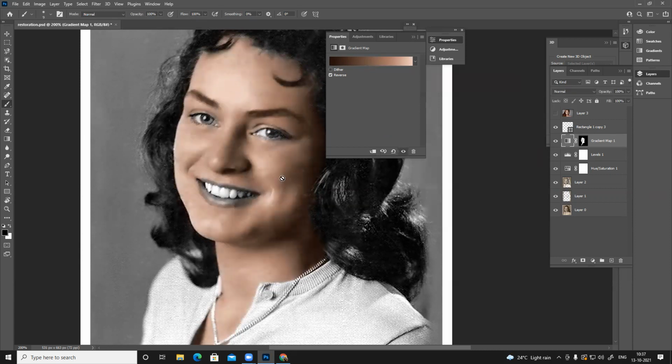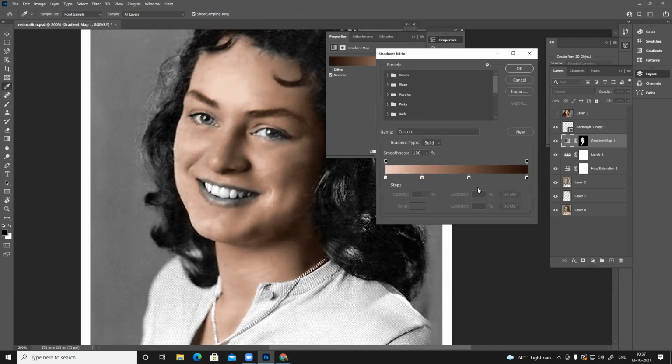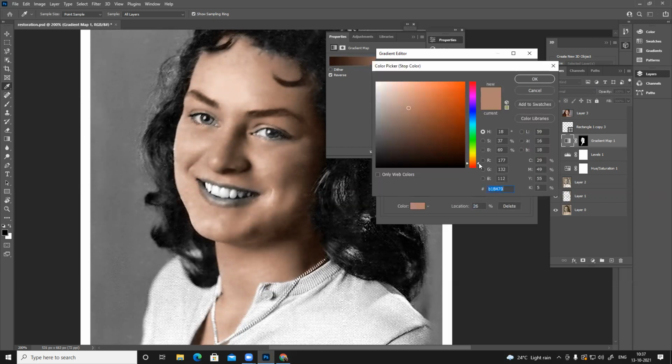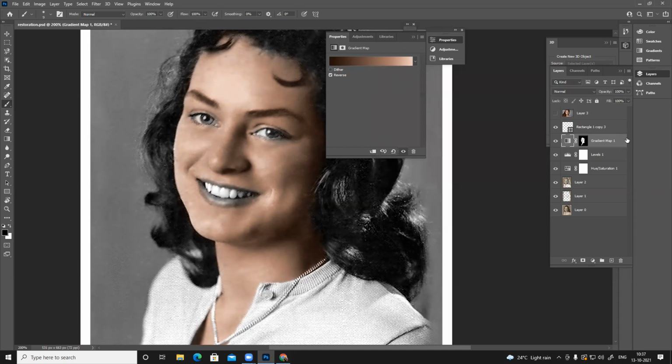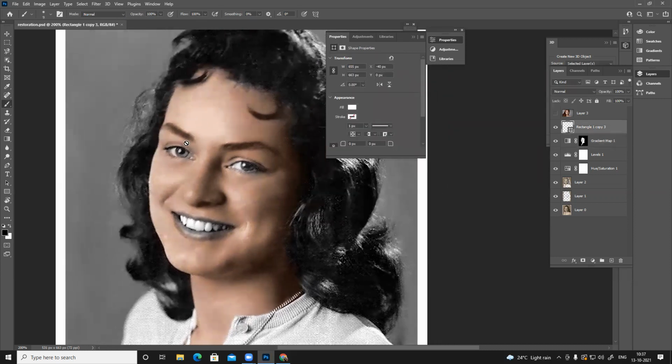Now we have light tone, dark tone, and plus suppose here you want to add some different color, maybe some little yellowish, little reddish. You can definitely select it, move it slightly yellow, you can add those tones. So in one layer, you can add all the colors. This looks like an alien. So you can add all those tones. This is a more professional way of adding colors, tones and all. Instead, if I want, I can manually add color as well.